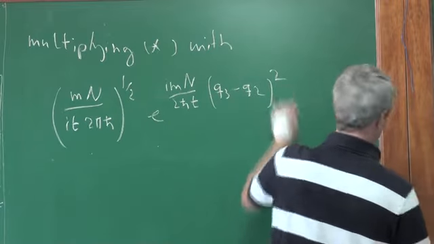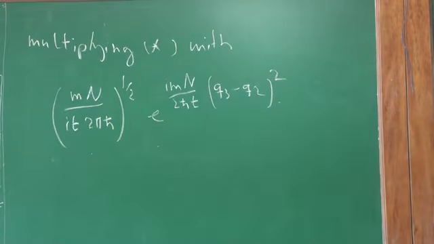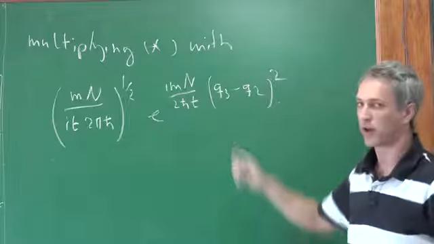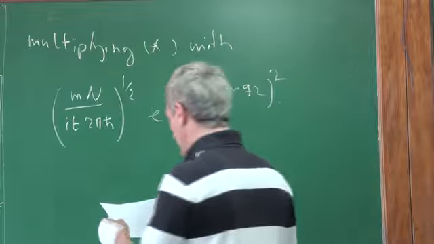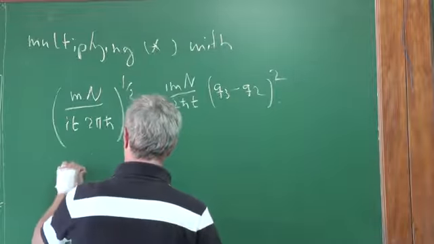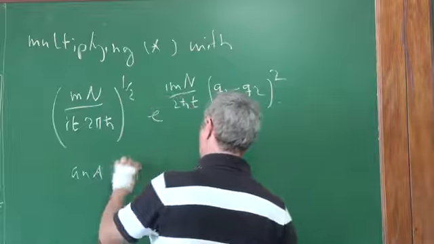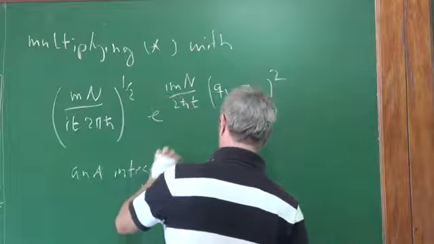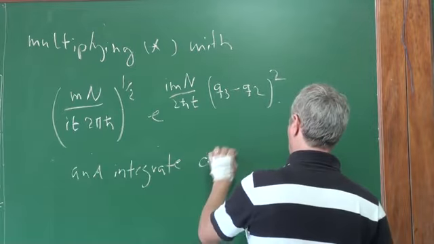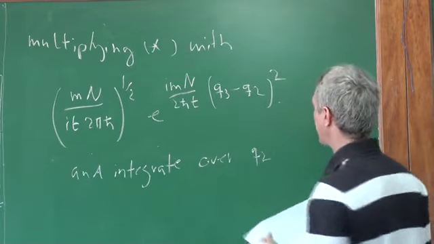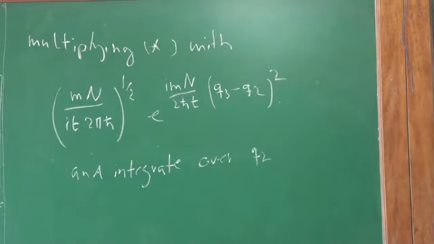Okay? So this is just taking this big product, taking the one term that depends here on Q2, and taking this one normalization factor, and now we do the integral over Q2. So again, what you write is, and integrate over Q2. So the integral itself is again a simple Gaussian integral, because